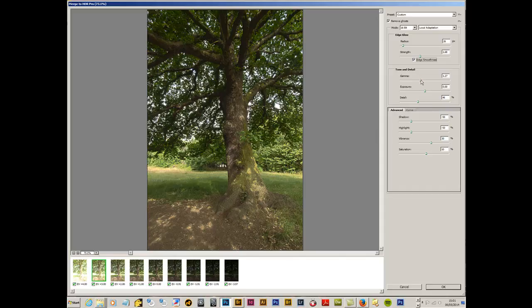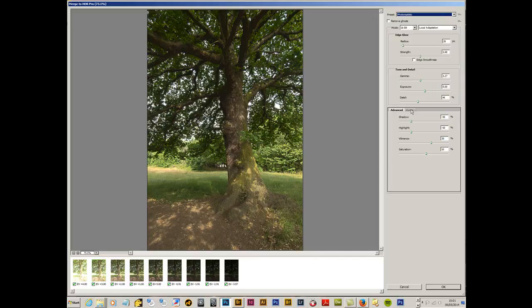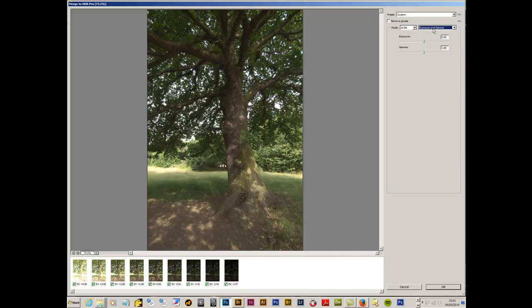Further down we've got these blending options. We've actually chosen the preset, so we'll stick with that. And again there are more options here which we could change manually if we so desire. So we're going to stick with the 16-bit local adaptation. There are other ones here which you can try, and we might try the highlight compression. Actually that's quite good for smoothing down the highlights, just knocking them back, so it's more of an even